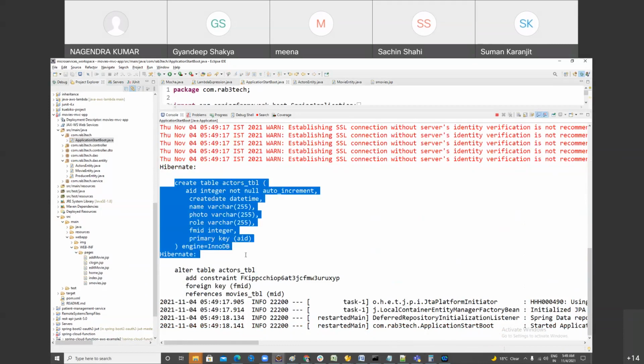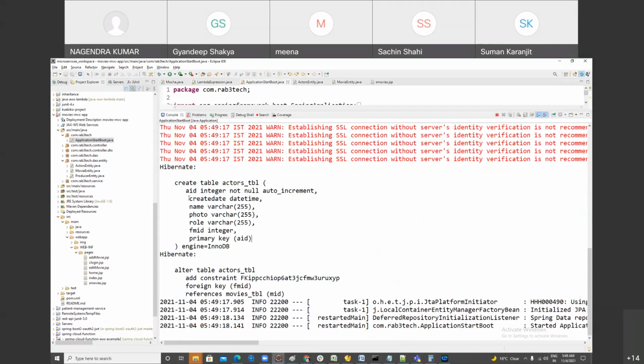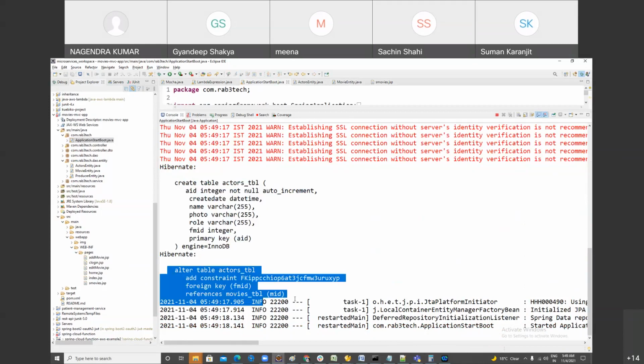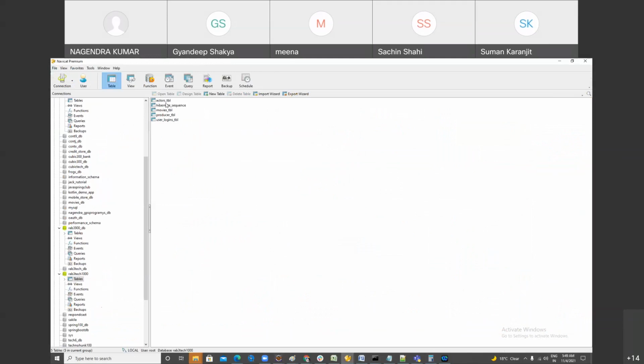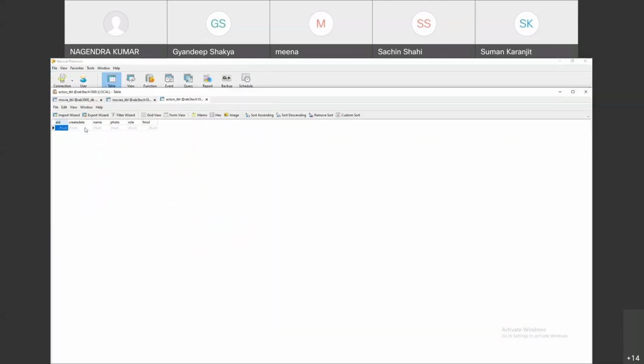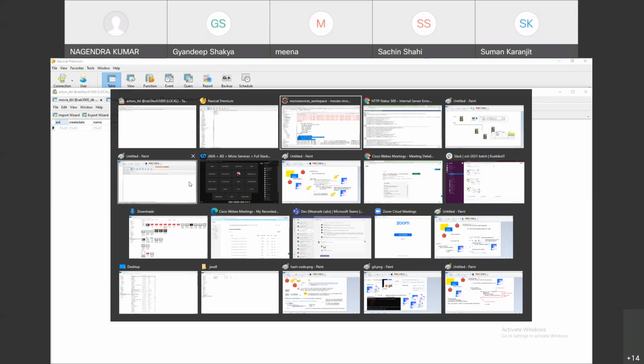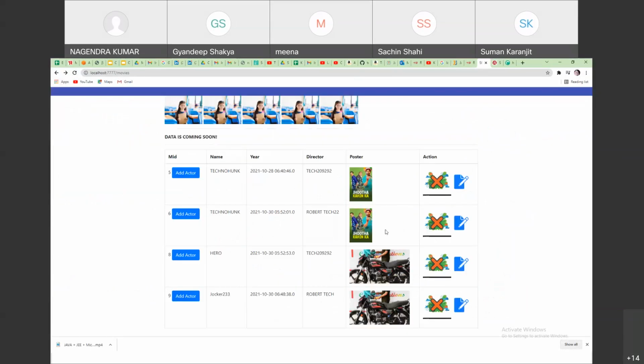Can you see this? Anything is done. Okay, foreign key, right? First of all, it's creating the table, then it's applying the foreign key on it. Table is created. Confused? No confusion at all. Done. Now my plan is, when you click on the add actor button, a new page should be